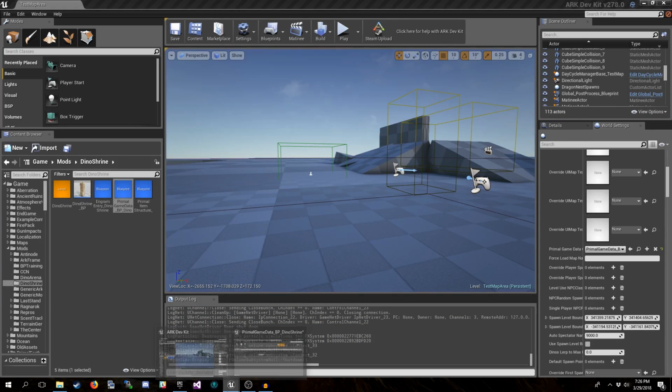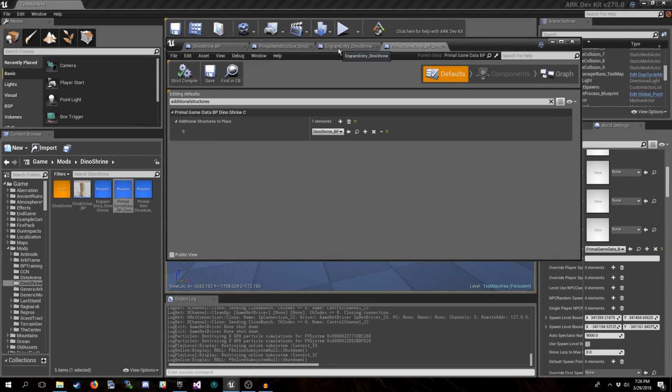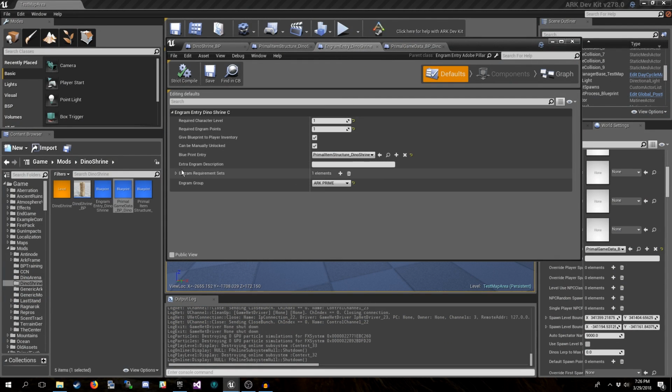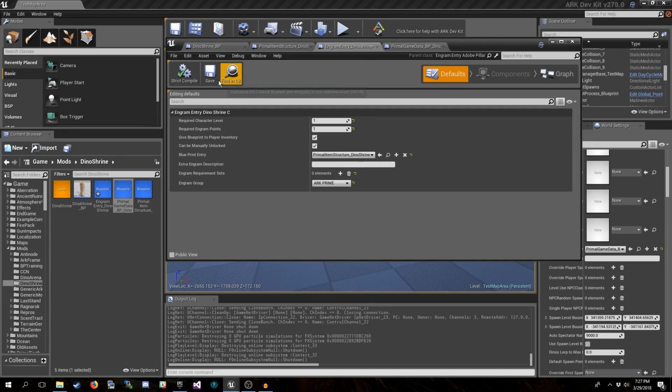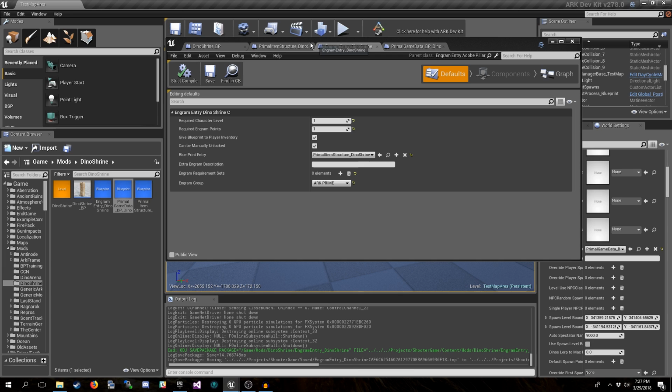So let's shut that down. We will come back to the engram entry. Engram requirement sets. See, there's something hidden in there. Adobe Floor. We can just clear that. We don't want any requirements. So now that that's there,